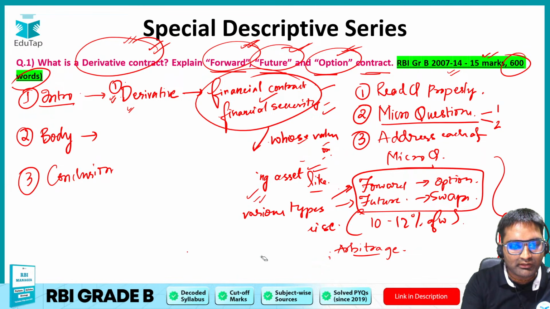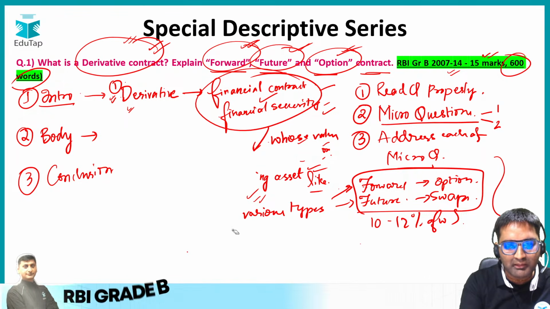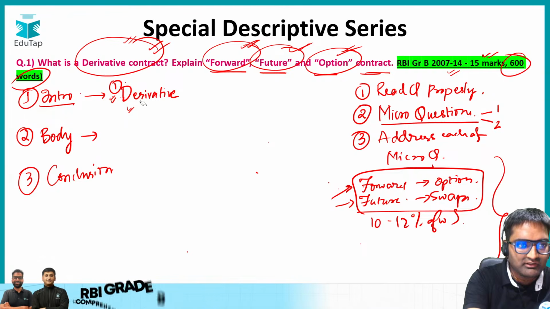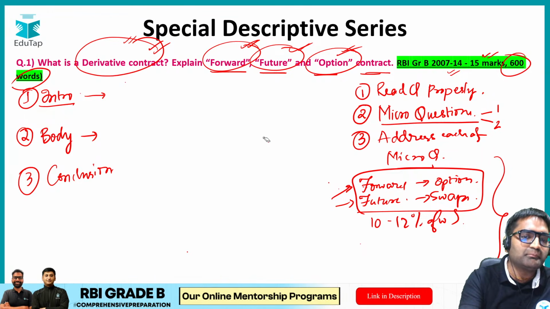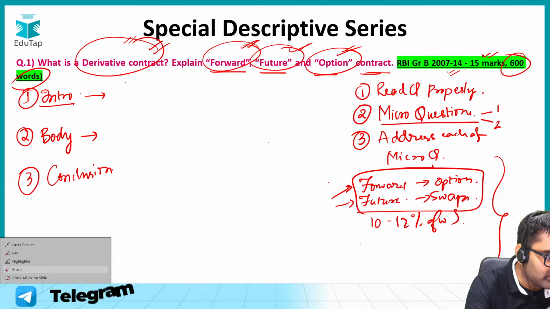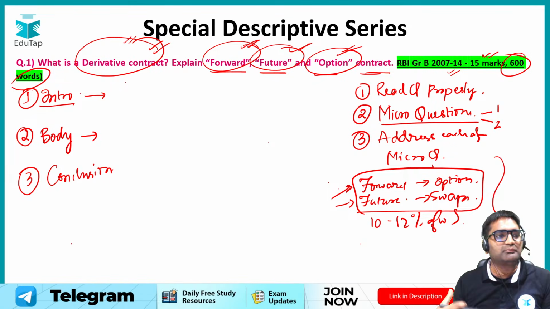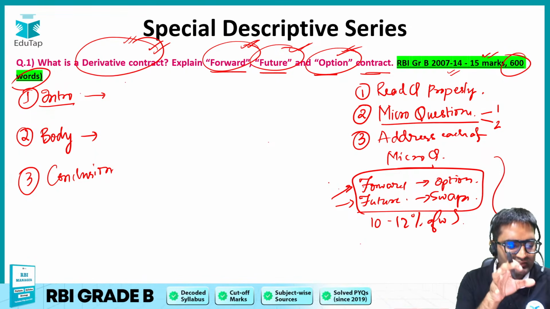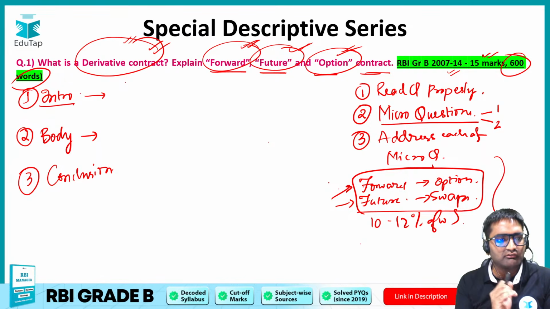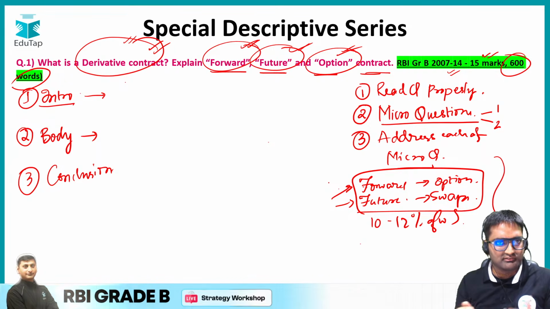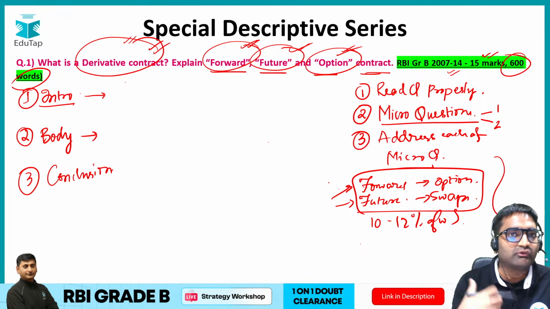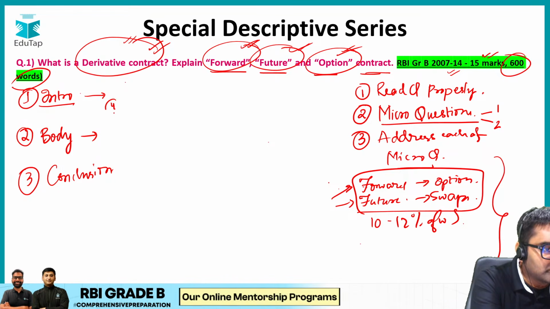First of all, you cannot directly go ahead and start describing the types of the derivative. You will have to mention a few more things about the derivative. So what can you mention as far as the derivative is concerned? Tell me what can be the best way to describe a derivative? Of course, you can go for the standard definitions, the standard features. Now that we have spoken about derivative, the features of the derivatives are this and this, it is used for this and this, these are the types. Of course, fine. What you can quickly pick, what you can mention again,